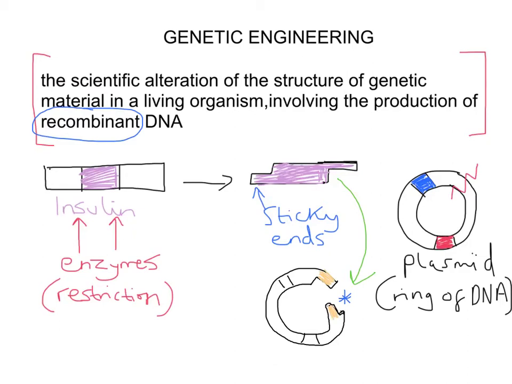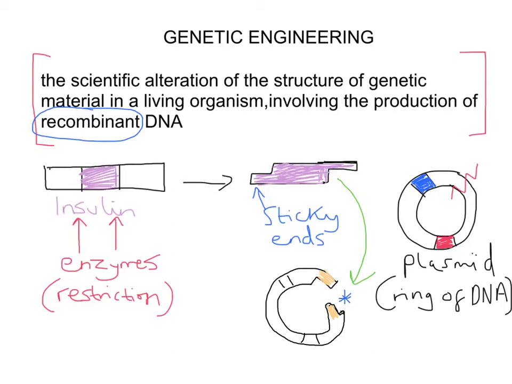So what I've just shaded in yellow there are sticky ends on the plasmid, which will align complementarily to the sticky ends of the insulin gene. So we would actually use the same restriction enzyme that we cut the insulin gene out with to cut the plasmid. If we use the same restriction enzyme, we'll get the same sticky ends forming. So we take that insulin gene, as the green arrow shows, we put it into our plasmid,